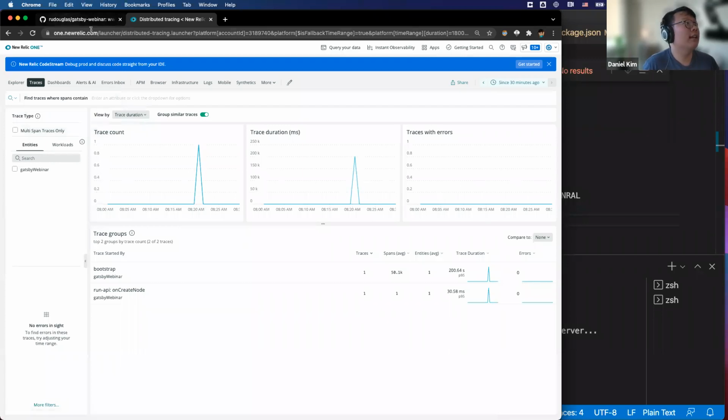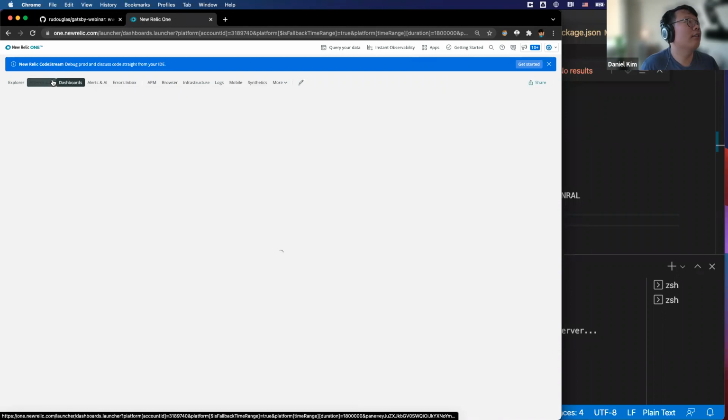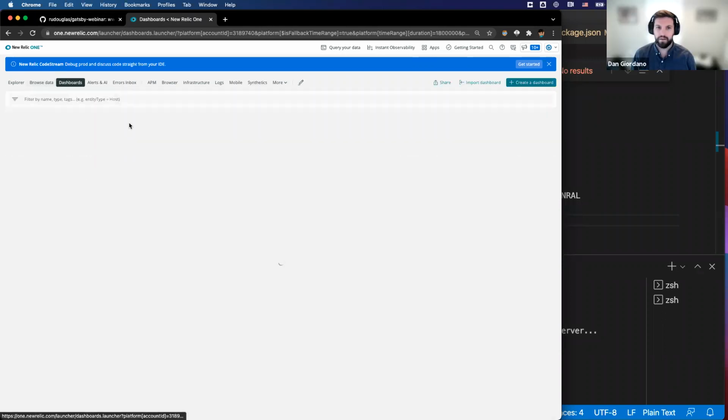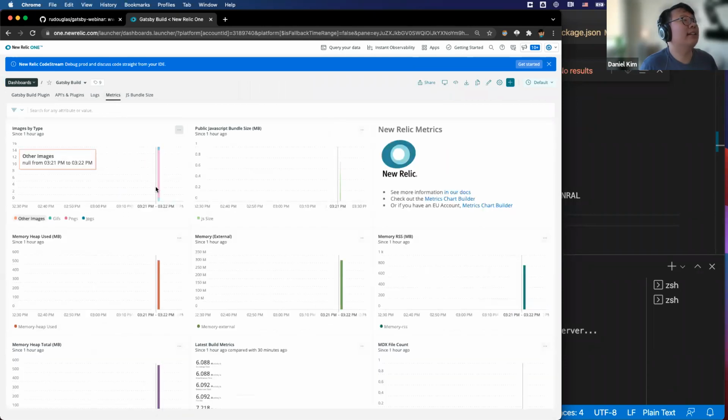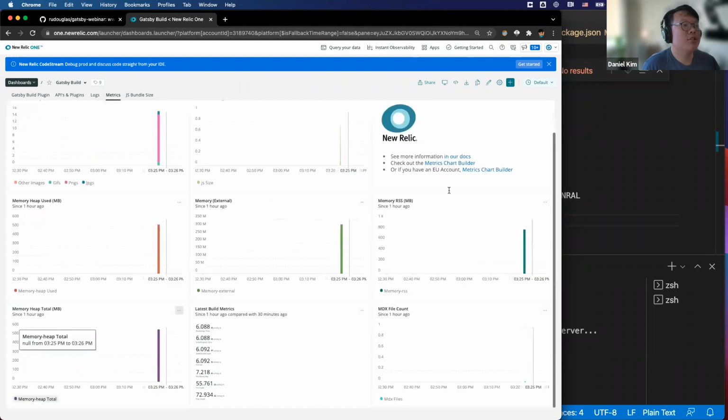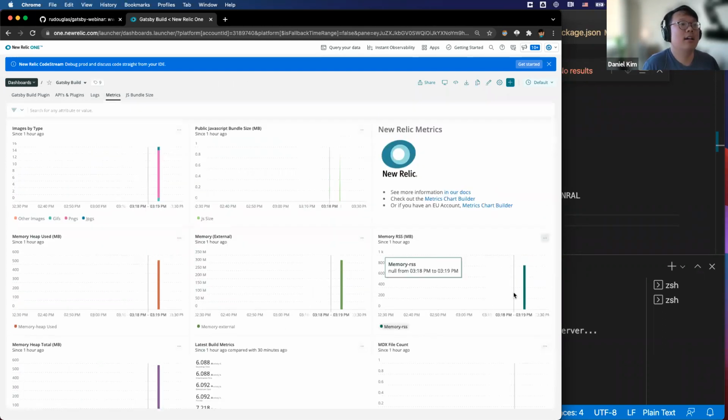I'll actually go over that later. I can go over it right now, because it's in the same dashboard. If you go into metrics, you can see the direct data points that we send to New Relic. These are just straight up numbers that we send to New Relic for every build to monitor various things about our build. To add this is trivial. It's just one or two lines of code that you can send. You can send any data you want associated with your build to New Relic. It's just a giant database. But that's kind of like API as a plugin.